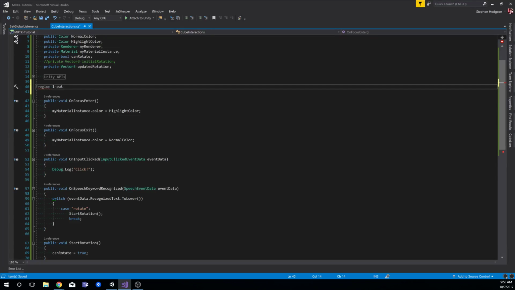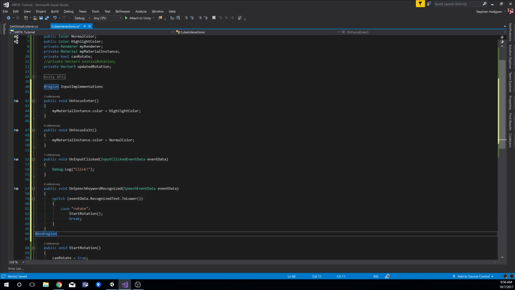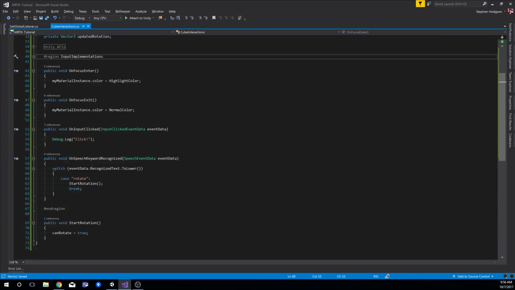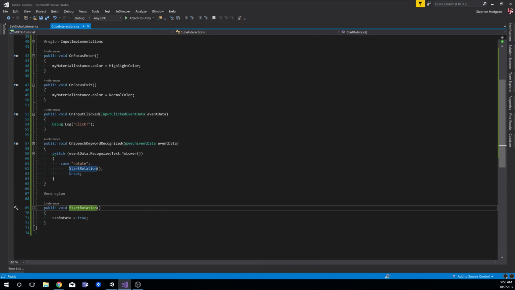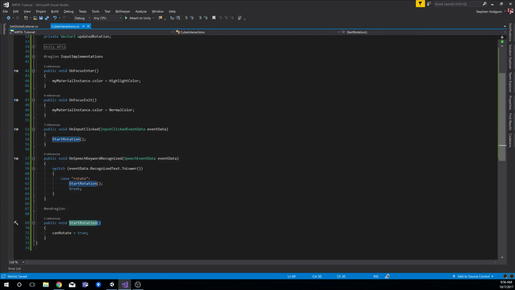So what we want to do, right? Instead of this here, we say start rotation. Essentially, you would just create a method that's not inside of your input implementation and call that method in both places, in your click and for your